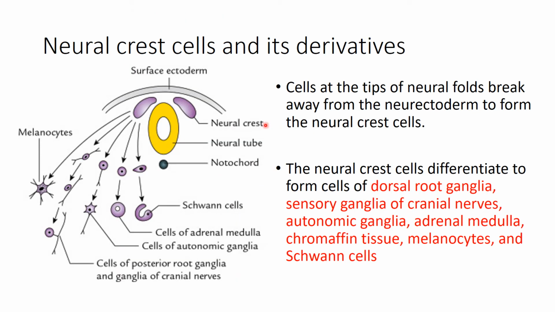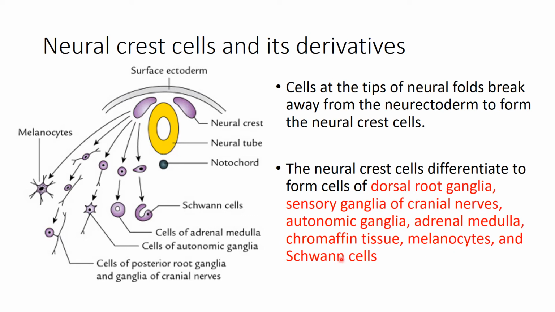During the formation of the neural tube, we have seen the cells at the tips of the neural folds break away or get detached from the neuroectoderm to form the neural crest cells. Here you can see the neural crest cells, and these neural crest cells give rise to the following structures. They are the dorsal root ganglia, sensory ganglia of the cranial nerves, autonomic ganglia, adrenal medulla, chromaffin tissue,